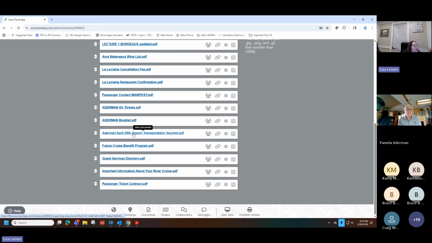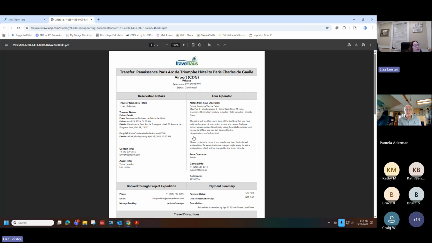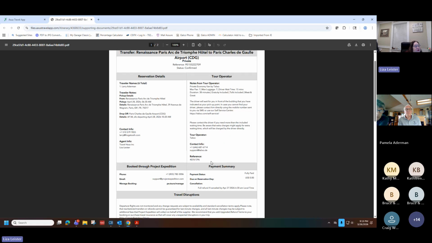And people doing, if Travel House booked outside of AMA any hotels or airport transportation for you, and for anybody doing the custom Paris package at the end, where you need the transportation from your hotel in Paris back to the Paris Charles de Gaulle Airport, there's going to be a transportation voucher.